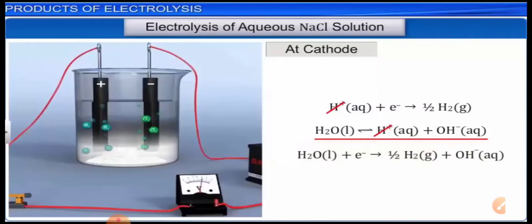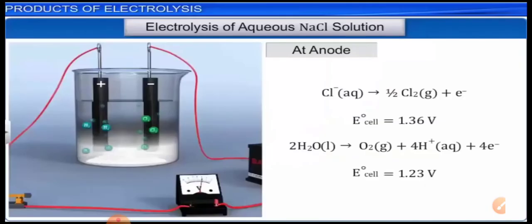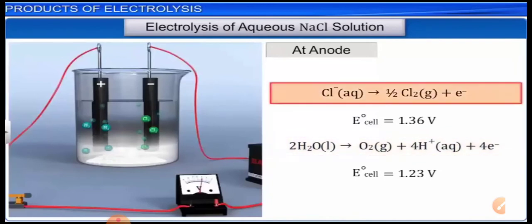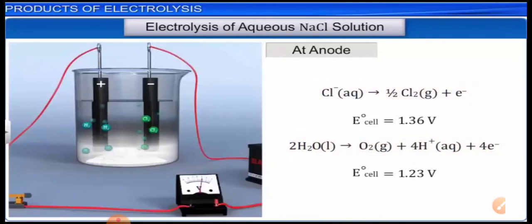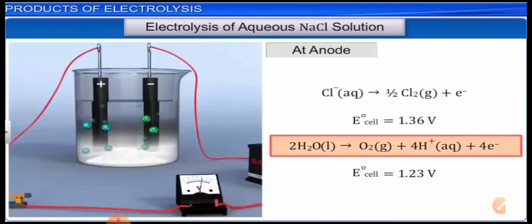Then what about the anode? We also have more than one anion. We have a chloride ion as well as a hydroxyl ion, which can get converted into oxygen. So here we have two possibilities. One, we can get chlorine as a product, or you may get oxygen as a product. We have two values of the electrode potential. One is 1.36 volt and the other is 1.23 volt. We have two clear-cut values, but they are values of a reduction potential.